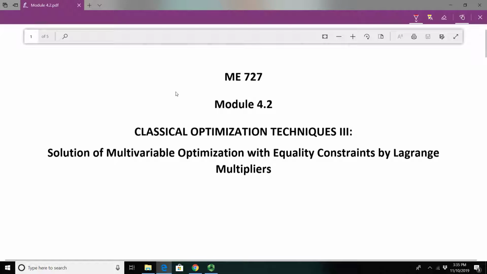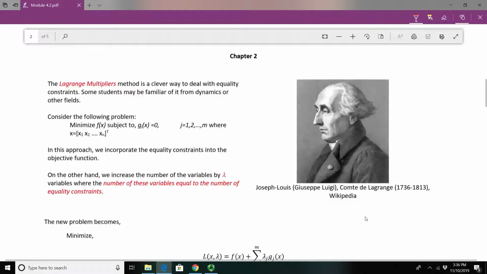Now in module 4.2, we'll try to solve the same problem, multivariable optimization with equality constraint, but we'll use something new called Lagrange multiplier. So let's see what this means. Here is Lagrange, as you can see, he's very thoughtful. And Lagrange multiplier is really showing you, or should show you, why